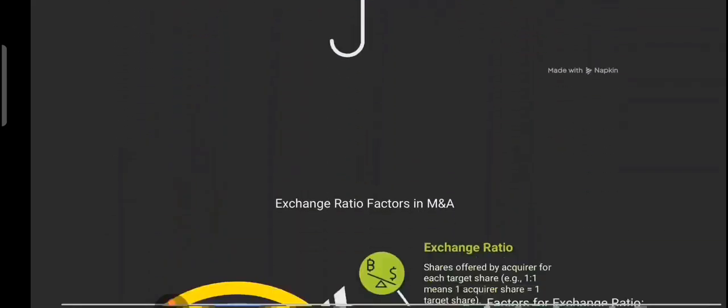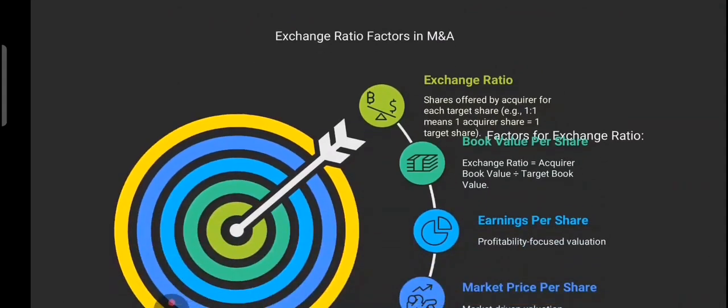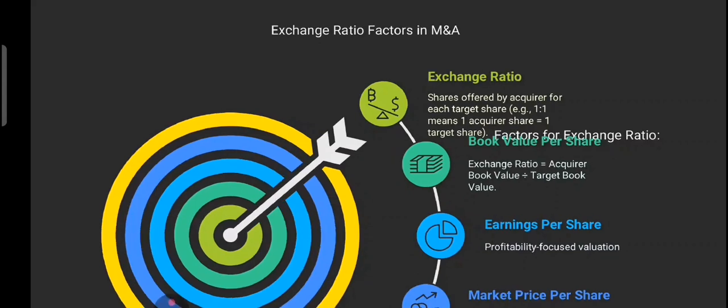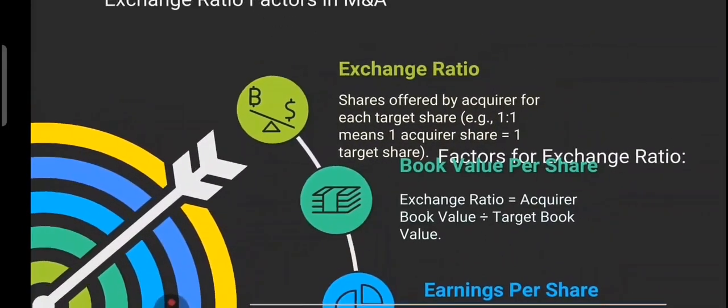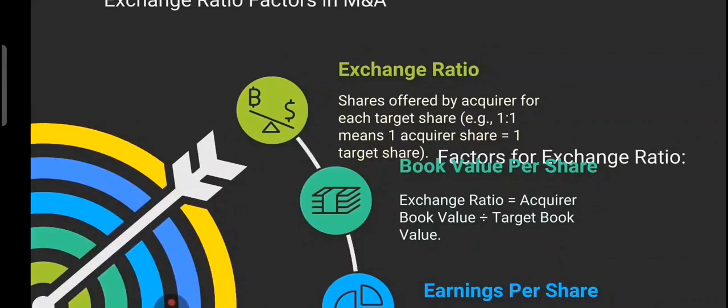all the stakeholders. Now have a look at the exchange ratio factor in merger and acquisition. In a merger or acquisition, one of the most critical elements is determining the exchange ratio. What is this exchange ratio? The number of shares the acquiring company will offer for each share of the target company. See, two companies are there. One is the target company, the other is the acquiring company. How many shares will the acquiring company offer for each share of the target company? For one share of the target company, the number of shares the acquiring company is offering is called the exchange ratio,